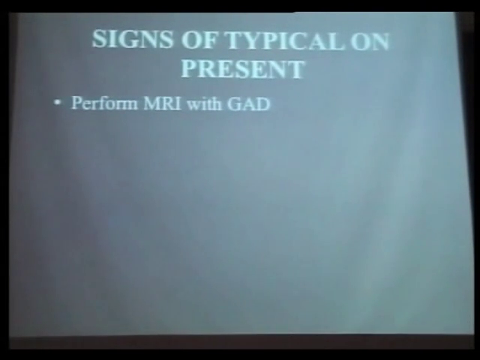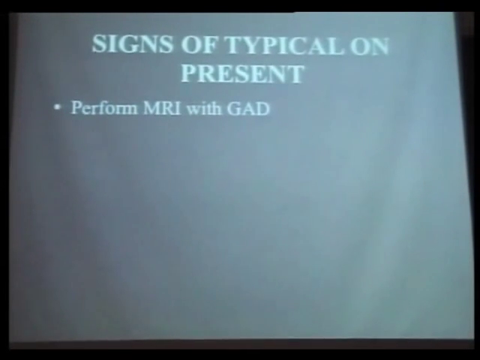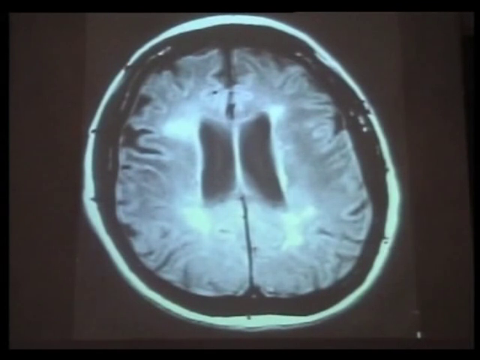If the signs of a typical optic neuritis are present, all of those things, a young patient, pain on eye movement, normal fundus, afferent pupillary defect, I do an MRI scan with gadolinium. I do not do any other blood tests. And it's interesting that most neuro-ophthalmologists will say the same thing. Yet when I see patients that they've seen, they've done Lyme titers, looked for lupus, and done all sorts of blood tests. I never do any blood tests at all in a patient who has typical, and that's the key, typical optic neuritis.